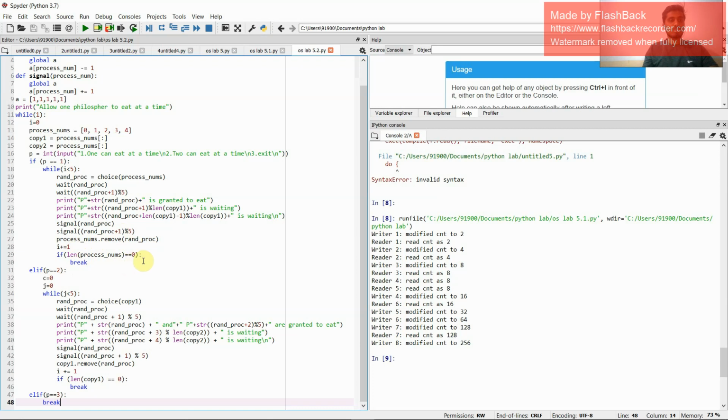if length of the process num equal to 0 break, and we are initializing the elif for the process 2, and c is equal to 0 and j is equal to 0, and while j is less than 5, and random the process is equal to choice copy 1, wait of the random process and wait of the random process plus 1 percent 5, print of the process of the random process and string of the random process plus 2 percent 5 and granted to it,